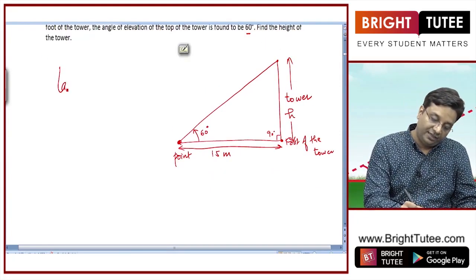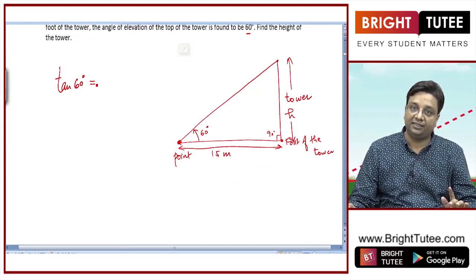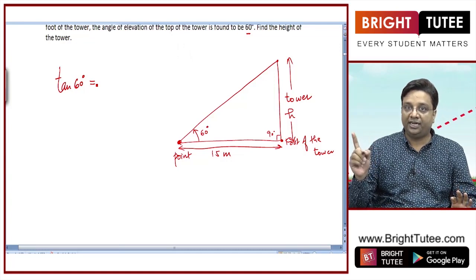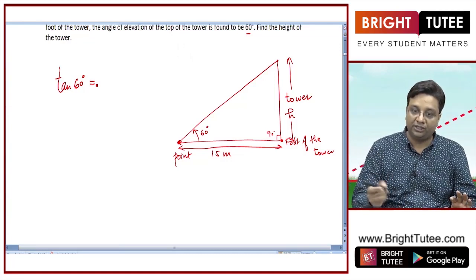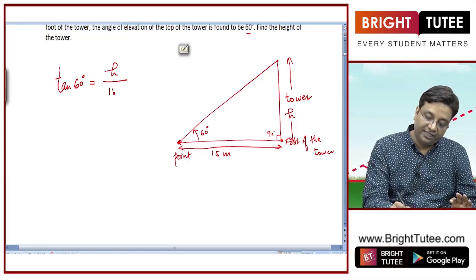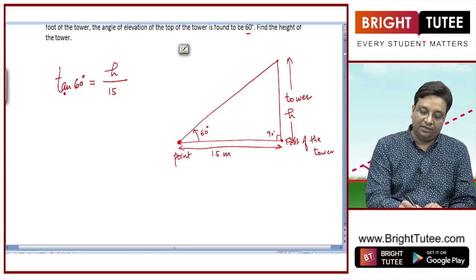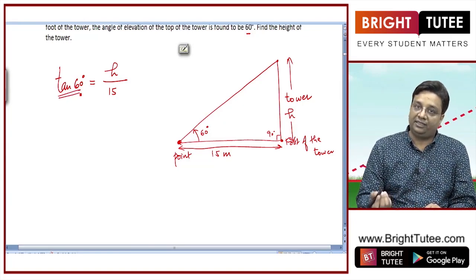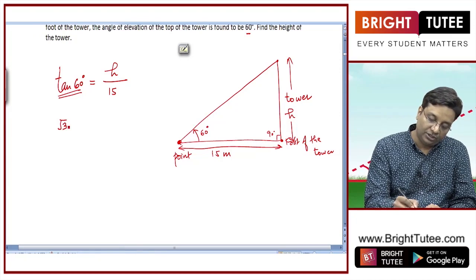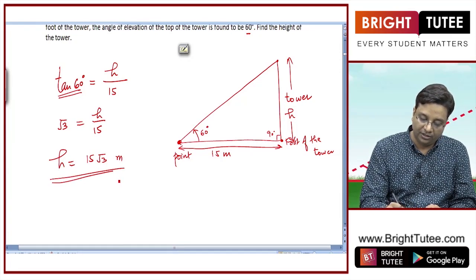So if I apply tan 60 degrees, how much is tan 60 degrees in this triangle? Opposite side by adjacent side. What is the opposite side? Opposite is h, and what is the adjacent side? It is 15, right? And the unit is in meters. Now you should know the value of tan 60 degrees. It is root 3. So h upon 15. So how much is h? It is 15 root 3 meters. So this is your answer,